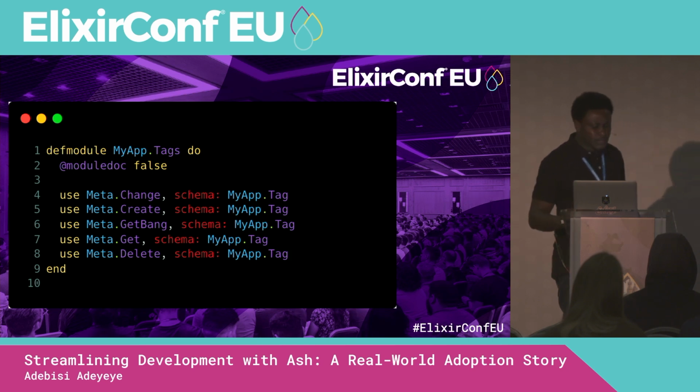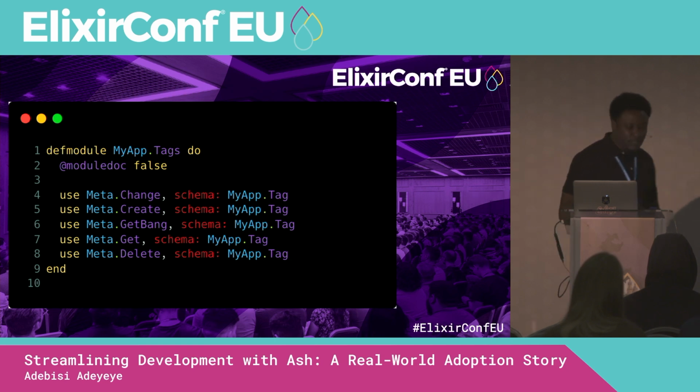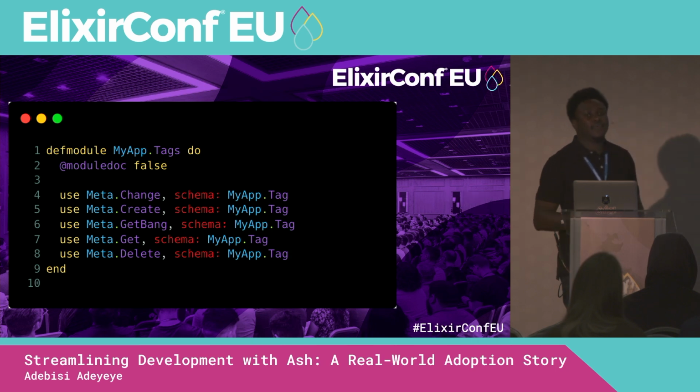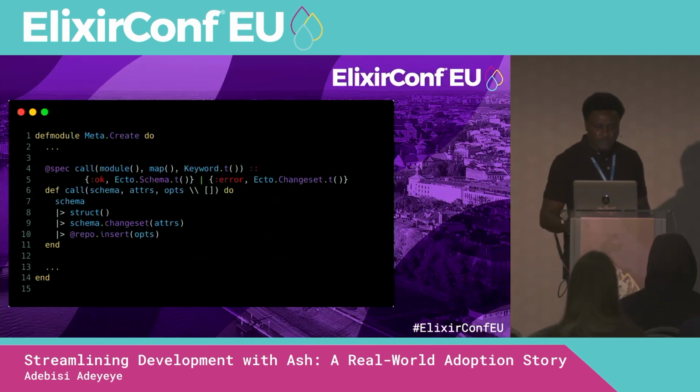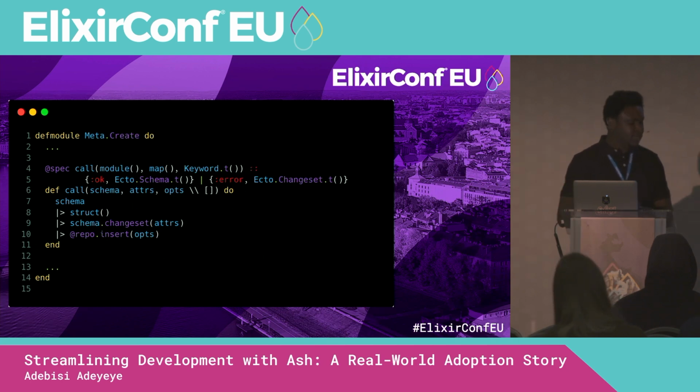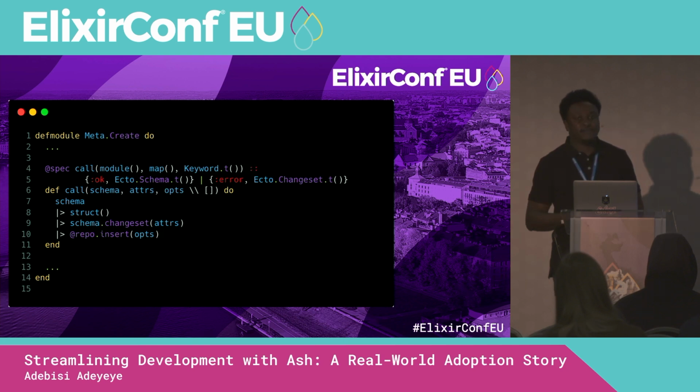So you might be looking at this and say, okay, this is okay, we are good to go, but then there's a bit of a drawback with this approach, because the way we built the macro requires us to have a specific changeset function. So it means we can't have 2 actions that create or write to the database at the same time using this macro. If you look at the macro definition here, on line 9, you'll see that it always expects the schema to have this changeset function. So this is quite limiting.